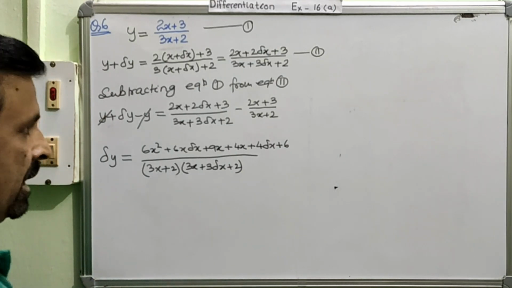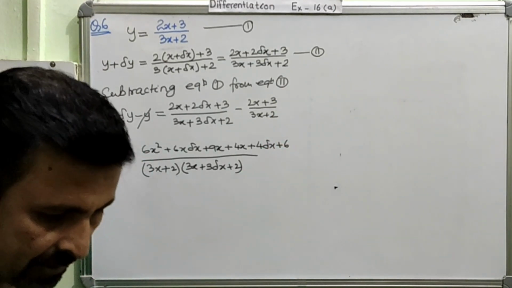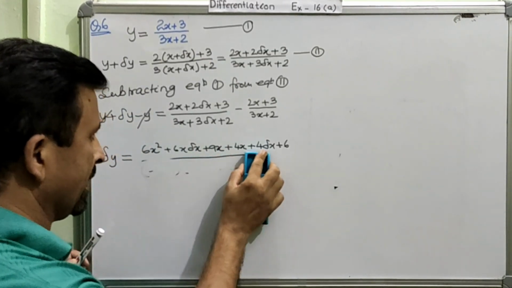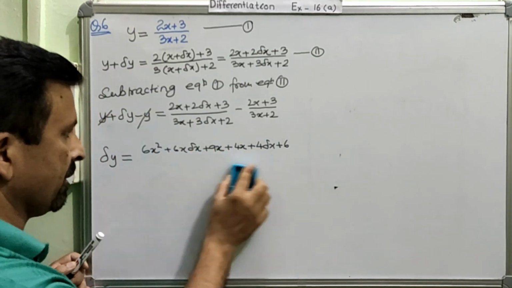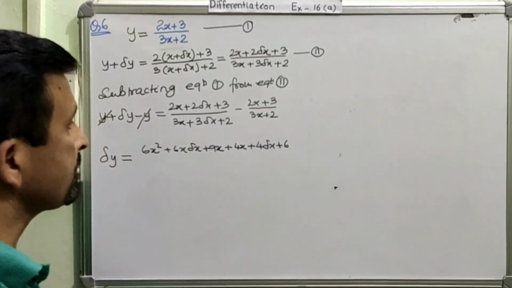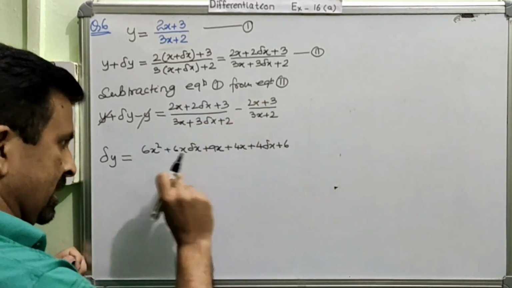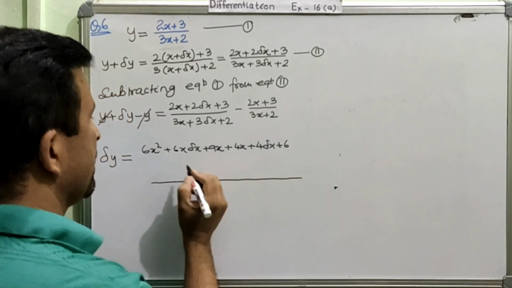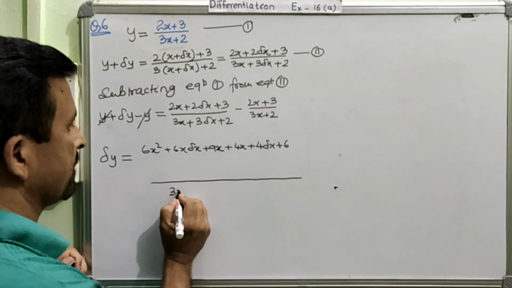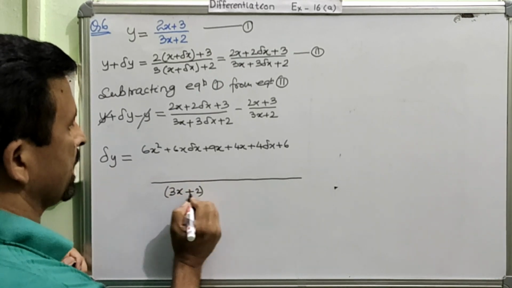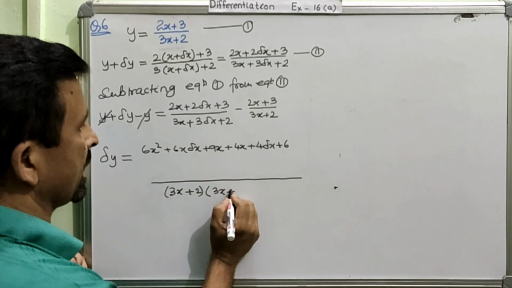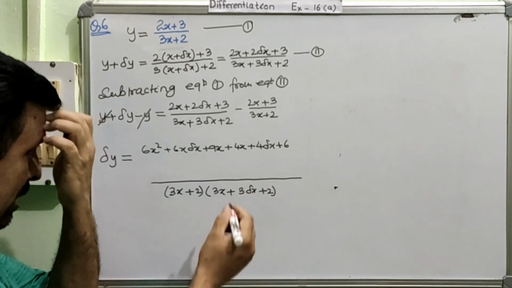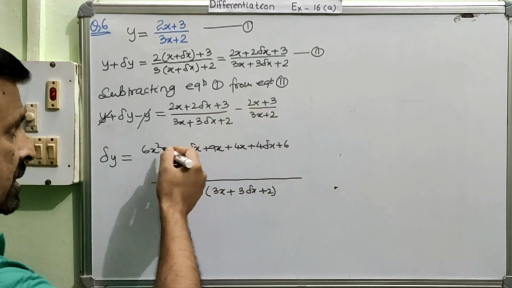Is this okay? In order to write it in a small space only, what I will do is I will write this whole thing in double line, right? Double line, so that I can manage. So this cross multiplication, the denominator I will write a little here. Denominator is (3x+2)(3x+3Δx+2). Is it alright? Now, after multiplying these two, this is one of the numerator.